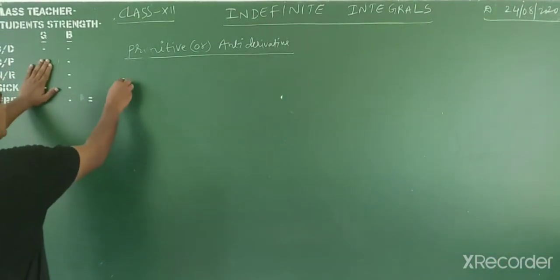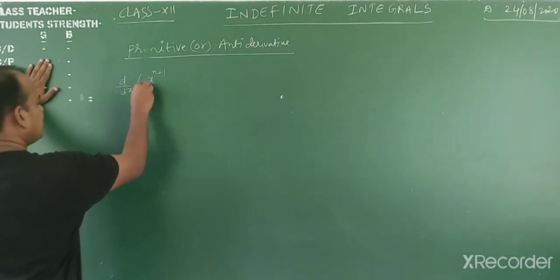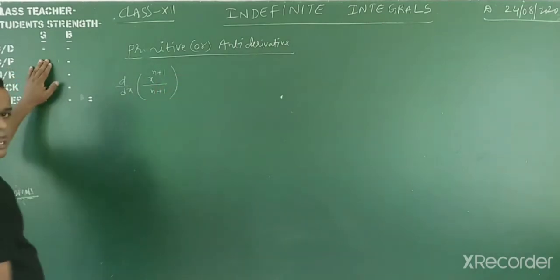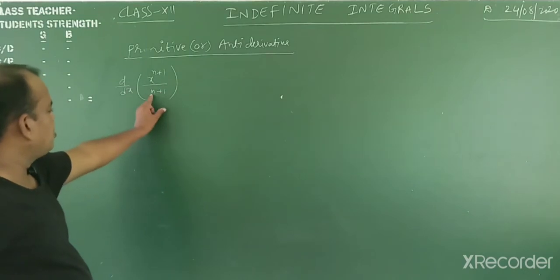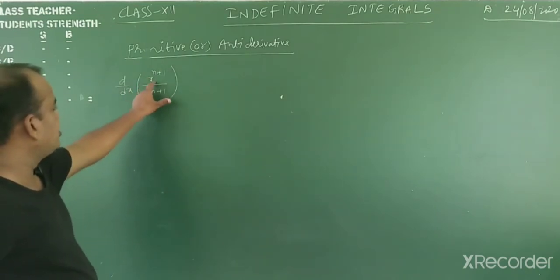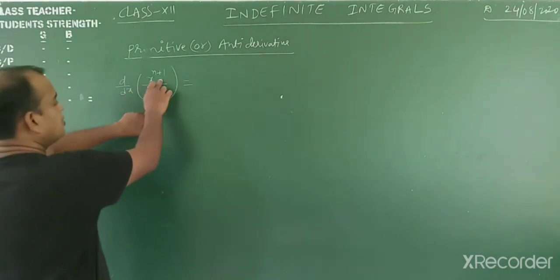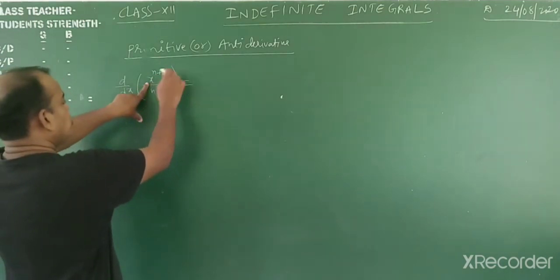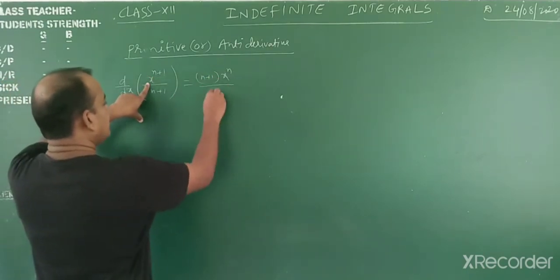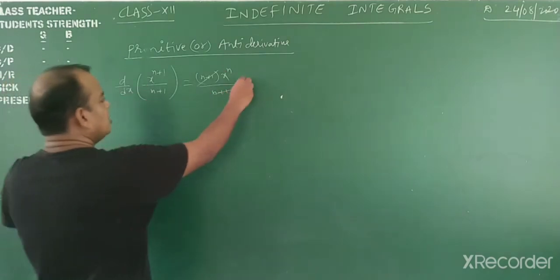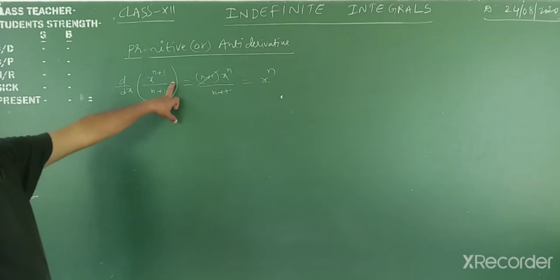You know, what is the derivative of x power n plus 1 by n plus 1? The derivative of x power n plus 1, here 1 plus 1 is a constant. The derivative of x power n, the formula is n into x power n minus 1. Say yes or no. Observe the derivative of this one. The derivative of x power n plus 1 means n plus 1 into x power n plus 1 minus 1, so n plus 1 by n plus 1 cancels, giving x power n. Say yes or no. Now write plus c here also. The derivative of plus c is 0, 100%, no problem at all.